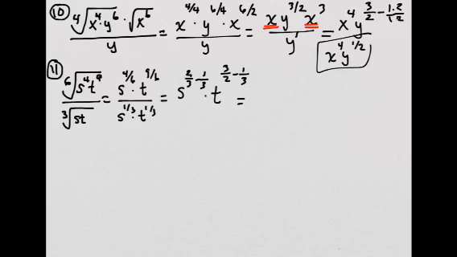So for s, it's 2/3 minus 1/3, so that leaves you with 1/3. The t is just a little bit of work here. I've got to get a common denominator, so I've got to multiply 2 over 2 here to get a 6, and this one 3 over 3 to get a 6. So this gives me 9, and this gives me 2, so 9 minus 2 is 7. So t to the 7/6, because the denominator is 6. So right here is the answer. Okay, for this one,